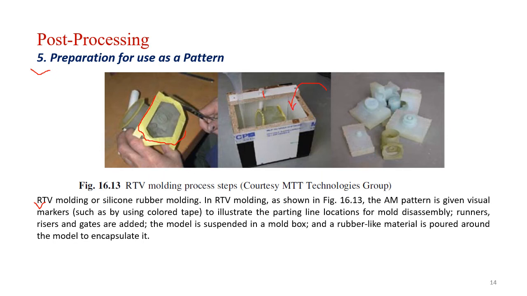Then the poured material is going to encapsulate this master, and we allow it to solidify. After you remove it, we can get these molded parts. This technique is mainly used in 3D effect films, or in animation films, for mask preparation. In animation or film production, for making masks for different actors, they use this pattern preparation technique also.